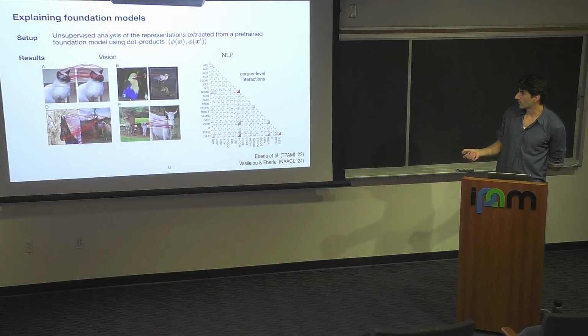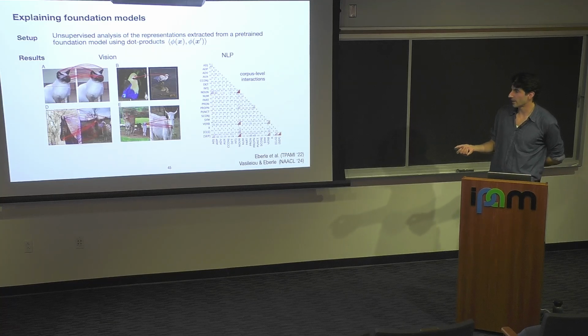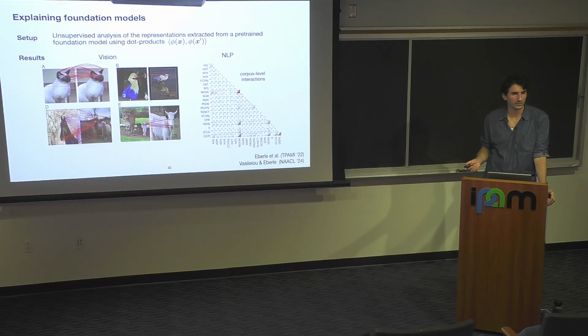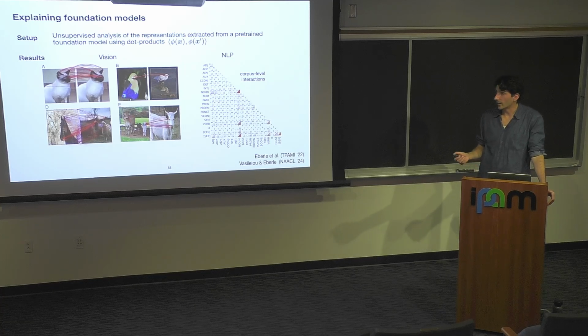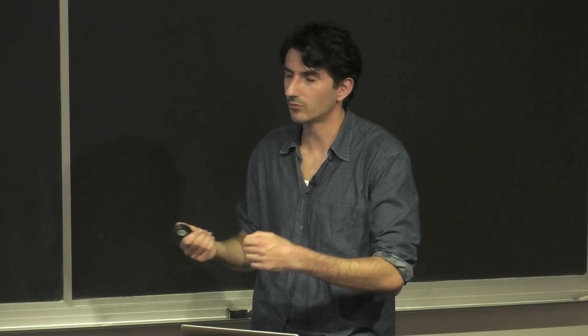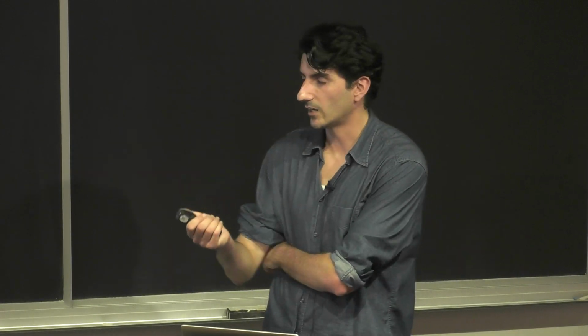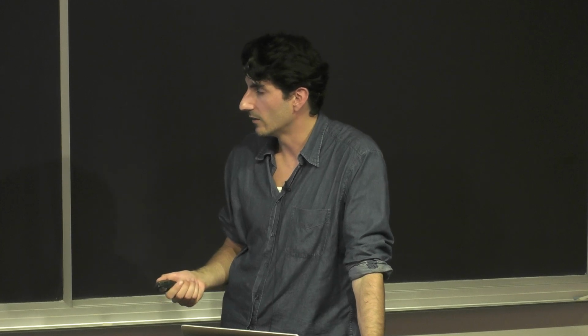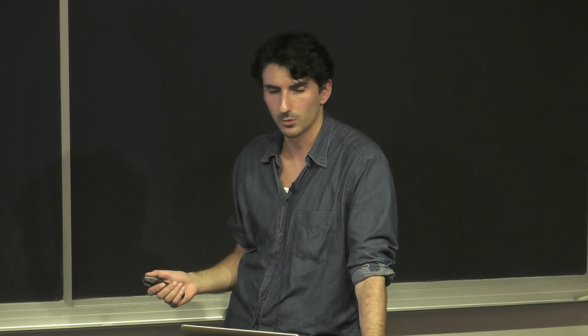So this was a 30-layer vision model, and this is, I think, a 12-layer GPT-like model. So as long as you can compute gradients, you're good to go. I think that's why these types of methods scale favorably, because if you can train it, you can usually also get some explanation scores.